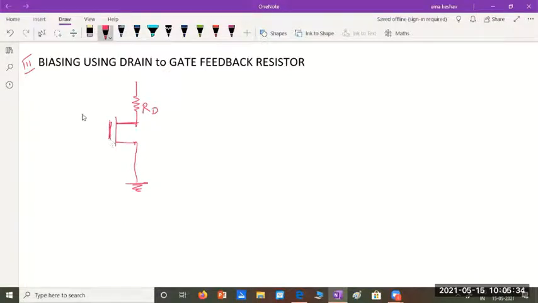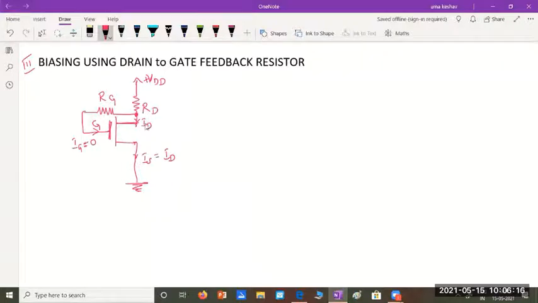But here, since we are talking more about the feedback bias, we'll stress on having just the feedback resistor RG connected between drain and gate. This is the gate terminal. And please remember, IG is supposed to be 0 in a MOSFET. IS, the source current, will almost be equal to the drain current ID. Okay. And here you have connected the DC power supply plus VDD.